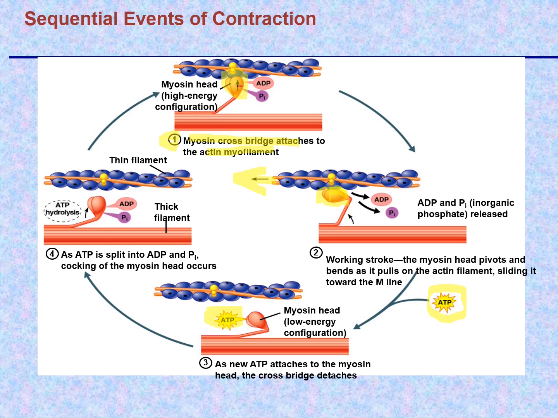With attachment, the cross-bridging detaches. The ATP gets split into ADP and inorganic phosphate, and the head returns to a state that's ready to be activated to attach again. Okay, so this kind of movement of the two past each other, where if we do this like this, say that's the thin filament and this is the thick filament, you're getting the head attaching,